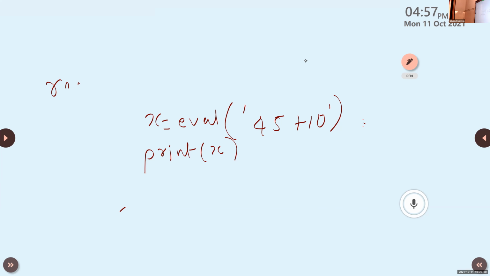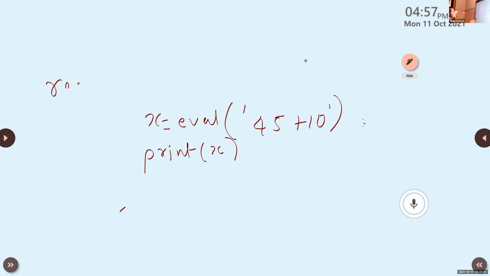Okay. Srihari, what is the meaning of that eval? I don't know. Okay. Eval is used to evaluate the value of a string. That is, it will take that value and convert it into integer, just like a normal int function.